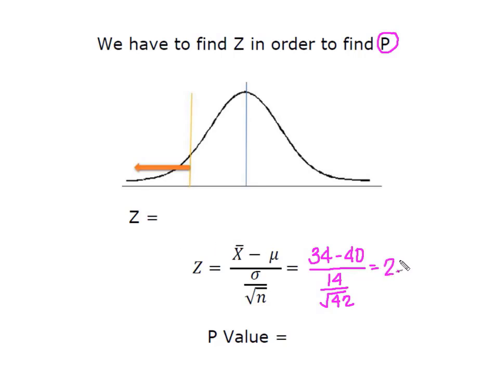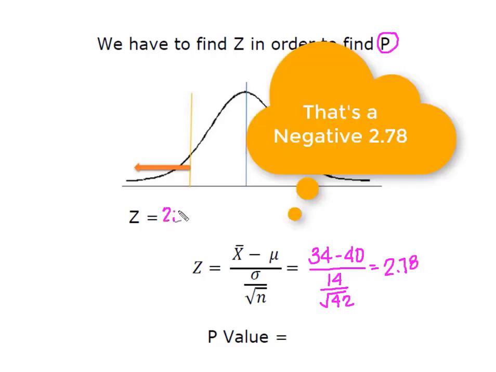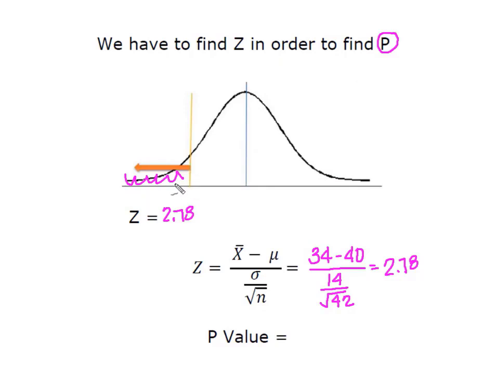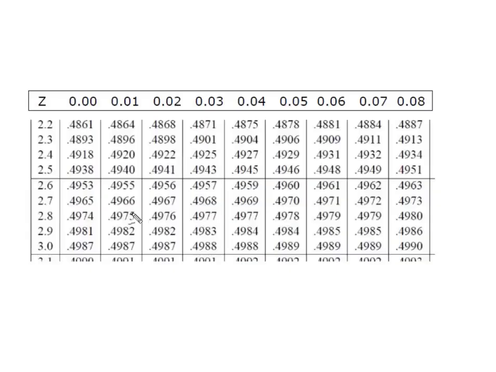Alright, so now we have a z here of 2.78. And so my p-value is this area beyond my z of 2.78. So I'm going to look 2.78 up in my normal distribution table. So we're going to pick up our 2.7 right here. Going to go over to our column of 0.8. Where those two intersect, I'm going to have